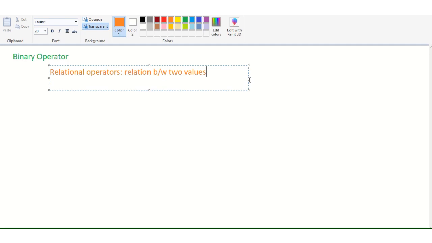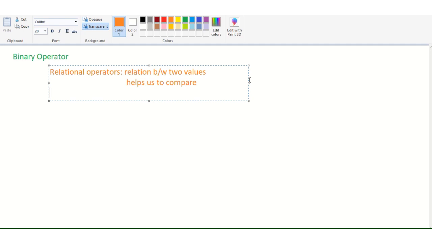It helps us to compare two things. If I want to compare whether two strings are equal or whether two numbers are the same, then we have to use the relational operators.